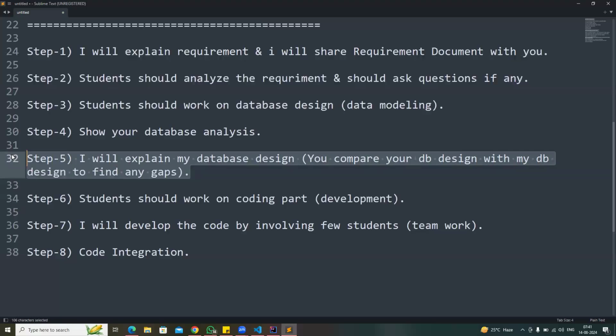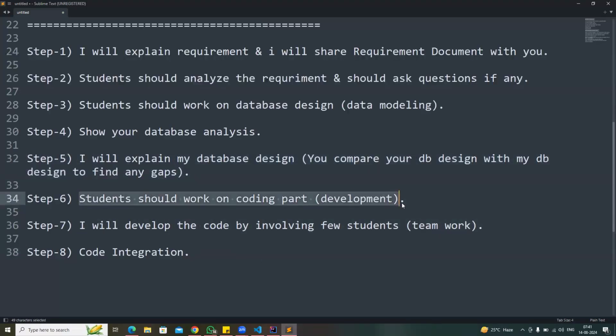Then you need to compare your database design with my database design to see whether your design matches mine or not. If you are able to do the database design properly, like the one I am going to tell you, then excellent. You can work with any type of project, any type of requirement. And before I do the coding, I want you to complete the coding part for the requirement. You need to do the database design,